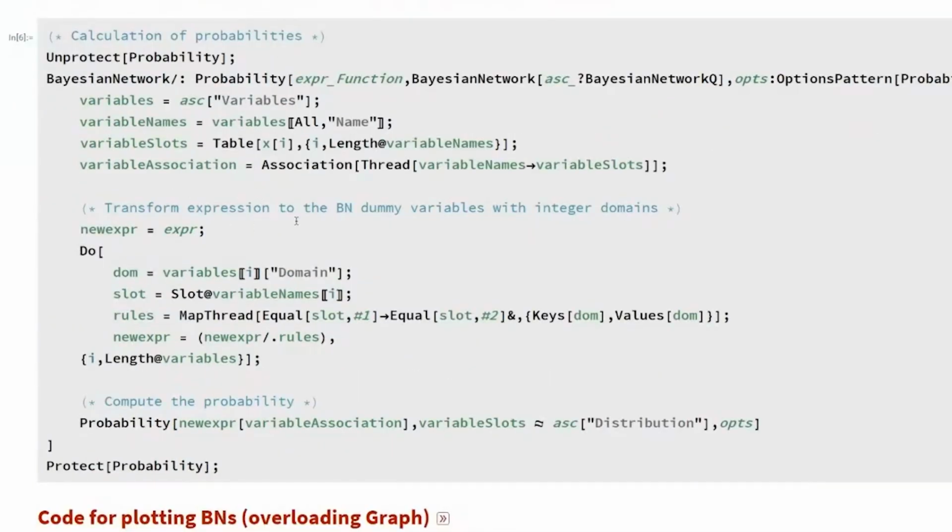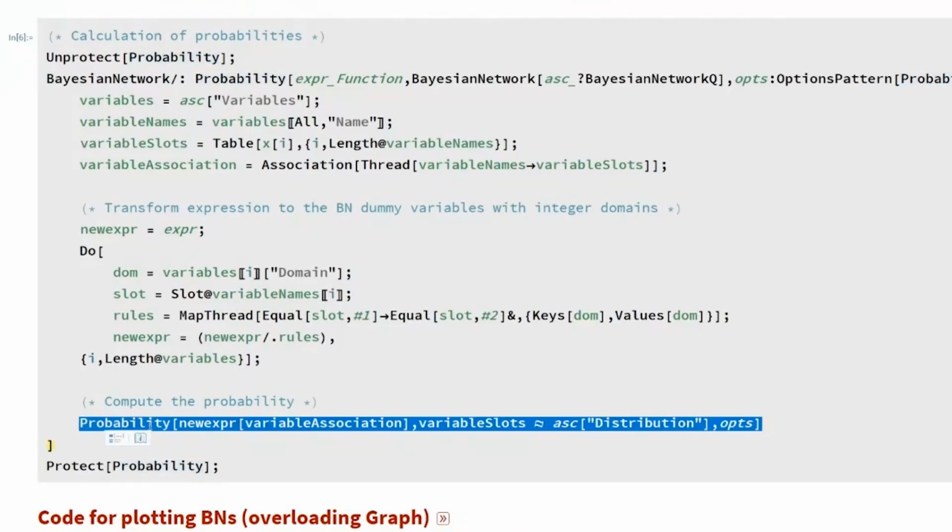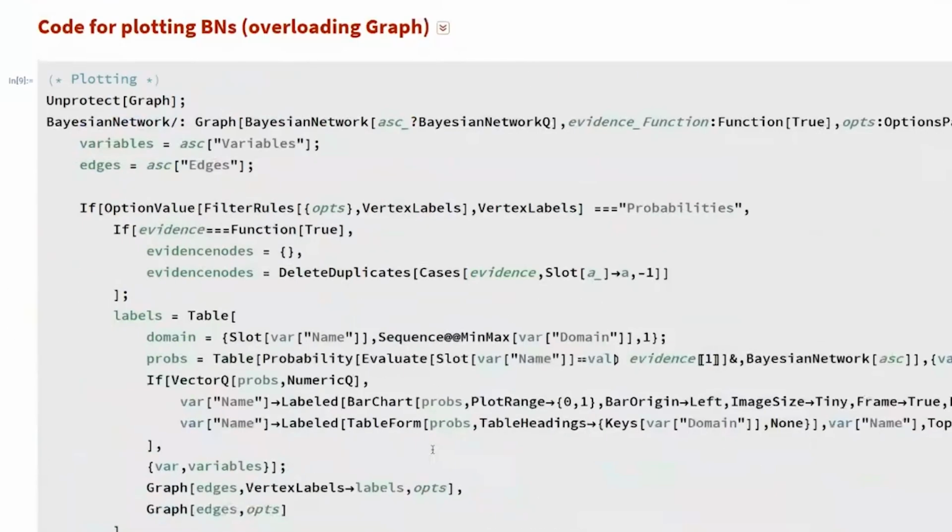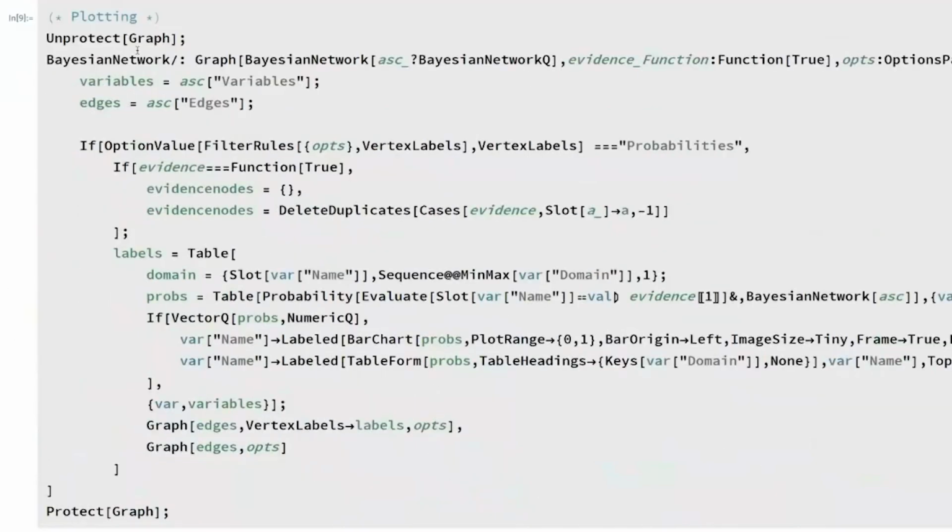So you see again, I have to transform the expression into the dummy variables, then map it back basically. But then I just used the Probability function to compute all the probabilities. And for plotting, I similarly overload the Graph function, and I added the possibility that if you have vertex-labeled probabilities, then I plot bar charts with probabilities on the graph.